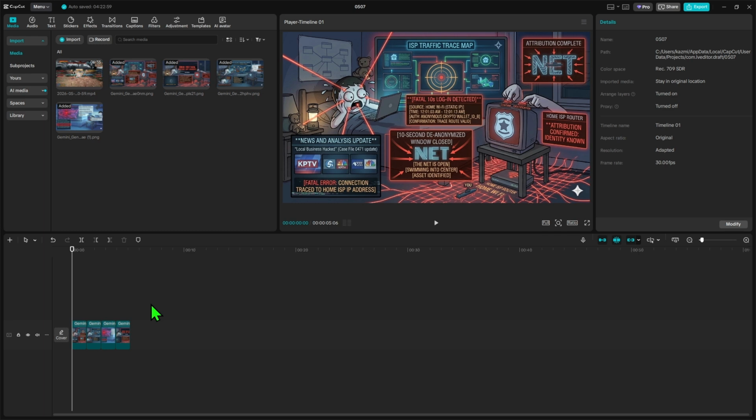Before exporting, play the full project from the beginning. Check that each photo stays on screen for the same amount of time and that no image feels too fast or too slow. Once everything looks good, tap the export button in the top right corner. Choose your preferred resolution and frame rate, then save the finished